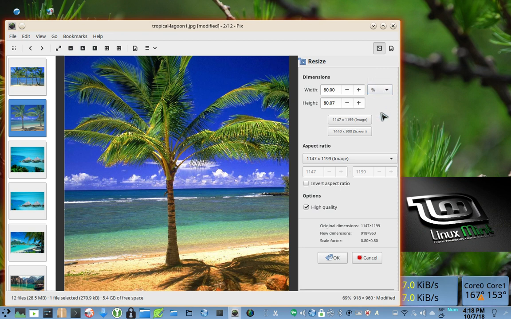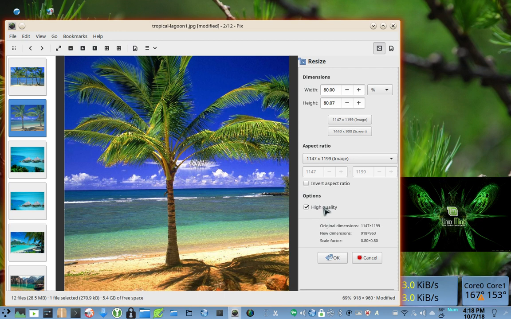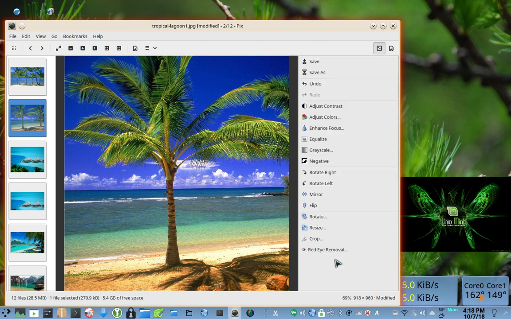It apparently has remembered what I've used before, because I usually use 80%, and it's already got high quality selected, and then all I gotta do is hit OK, and then I can click save or save as. I don't know if save will overwrite the existing image, so I'm going to click save as,